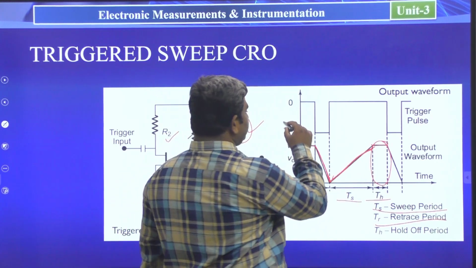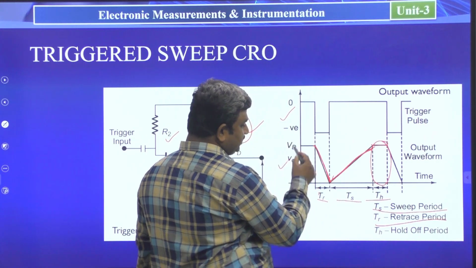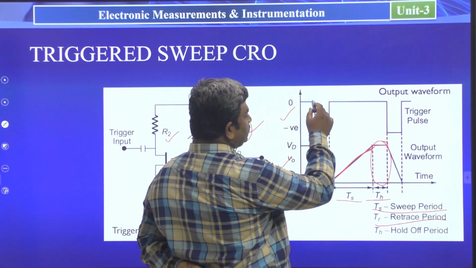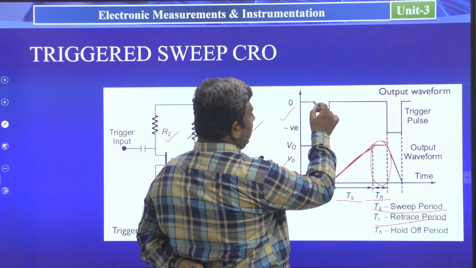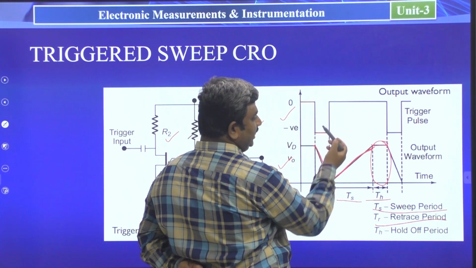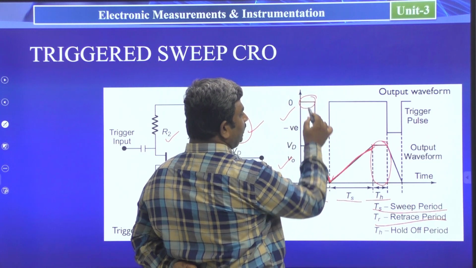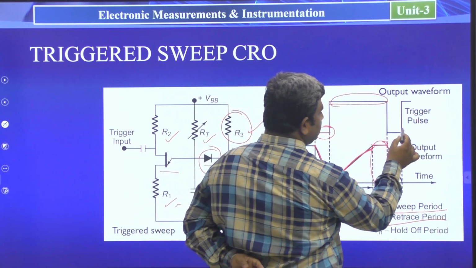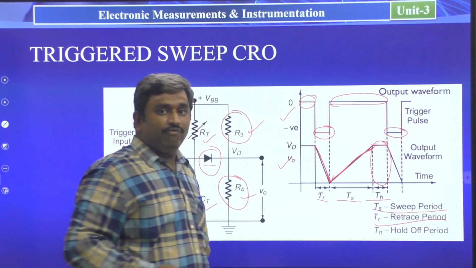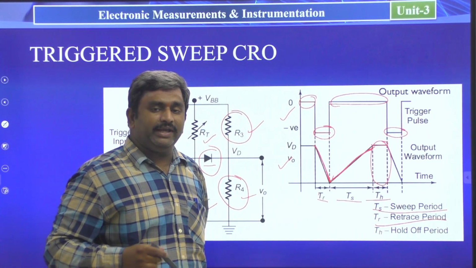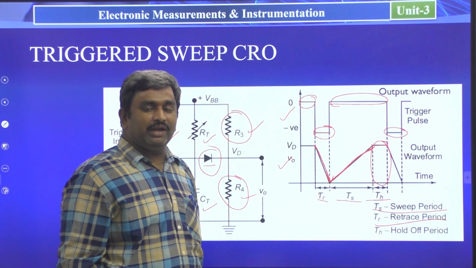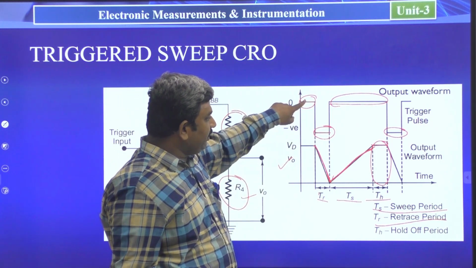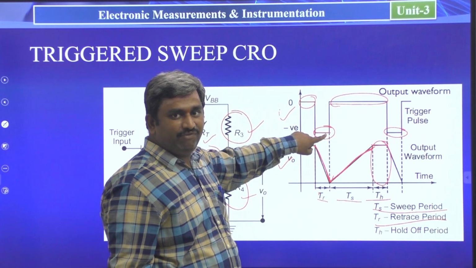So see here, this is the triggering pulse and this is the corresponding output. In this triggering pulse, this is the zero voltage level and this is the negative voltage level. This is completely the zero voltage level. This is a negative voltage level. Whenever the negative voltage is given, then the triggering will happen here. Whenever the negative triggering is given,